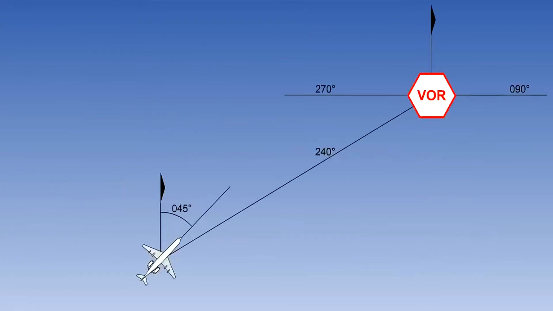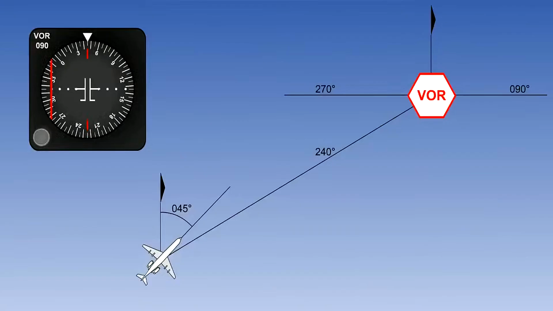Frequently, a pilot may be required to fly towards the VOR station along a specified radial. We will assume that this is the 270 radial in this example. However, let's also assume that he is currently on a completely different heading, 045 degrees, and is crossing the 240 radial of that VOR. Remember that you need to select the same radial as the track you are intending to fly. So in this case, the pilot selects the 090 radial, not the 270 radial, on his HSI.